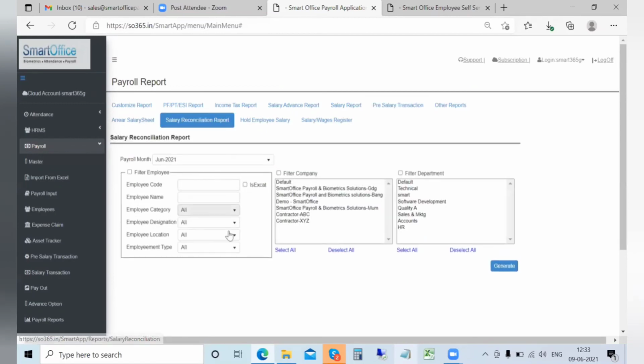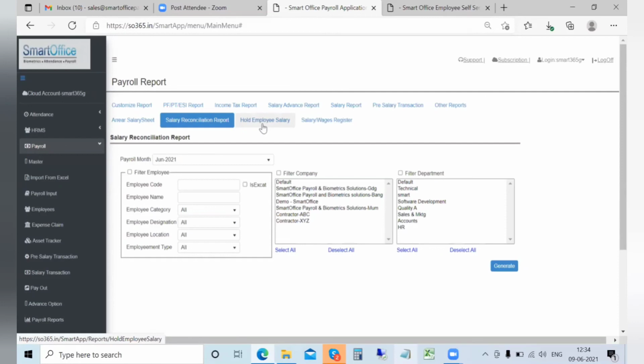Reconciliation report is one where it gives you the difference between the last month and the current month, so that if you see any huge difference between the 2 months, the same can be used as a trigger for verification, as in why there is so much of difference. This is quite useful for the management purpose.